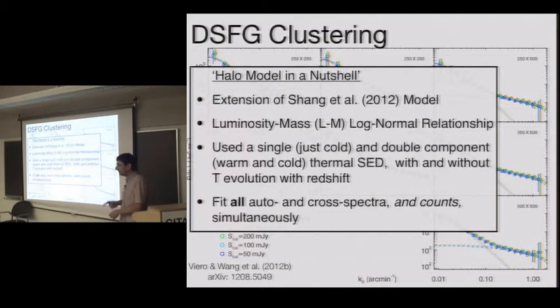I'm going to put it back in because it's kind of cool. When we get to it, I'm going to stop this. I'm going to put it back in because it's kind of awesome. But yeah, the temperature varies from low redshift to high redshift. There's a very clear gradient, but you can't see it here. You see it in the stacking. So when we get to the stacking, I'll show you.